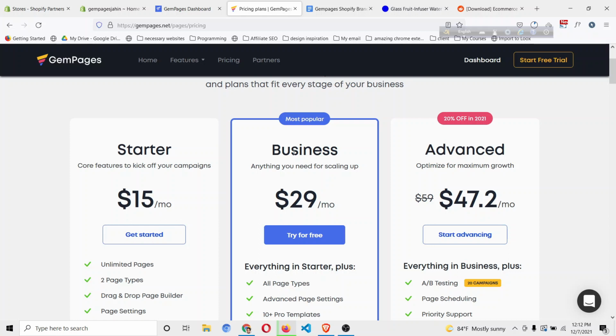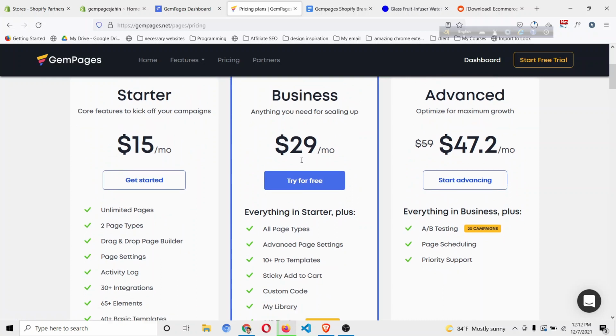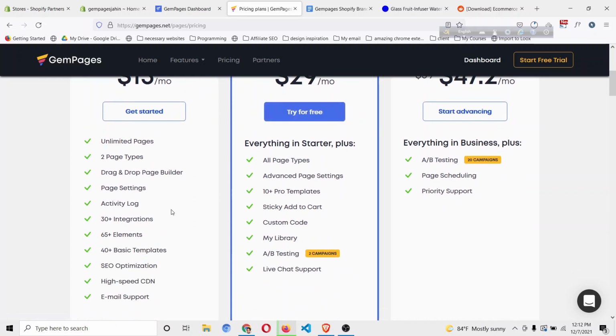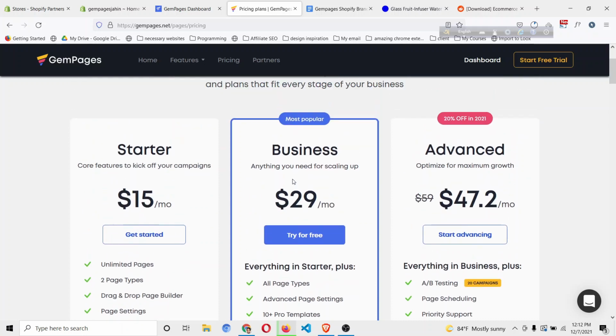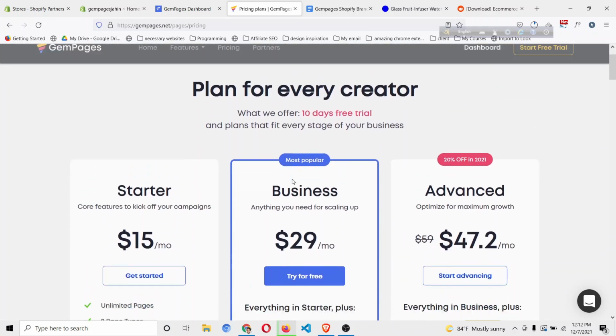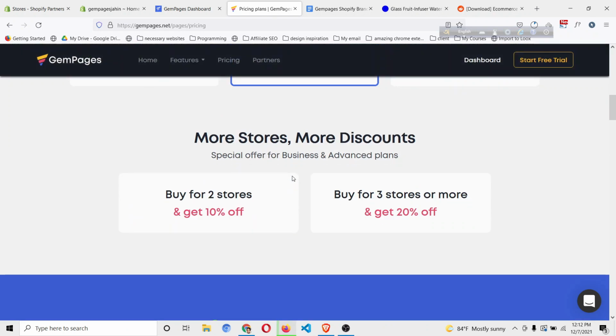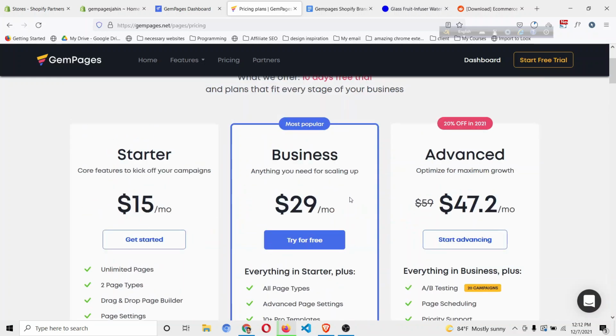As well, the $29 per month package is most suitable for any business if you are starting your store right now. And they also provide some sort of discount if you have more than two stores. So if you scroll down a little bit more on the same pricing page that we are currently seeing, you will see that they have a discount option. If you have more than two or three stores, just let them know in their support, they will give